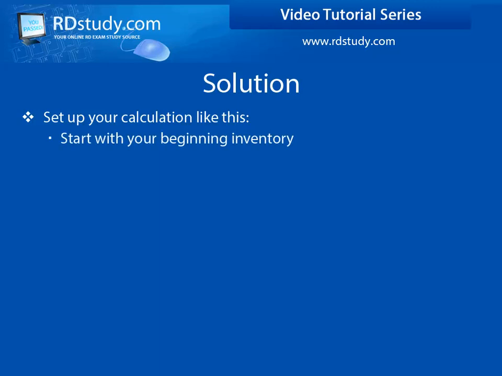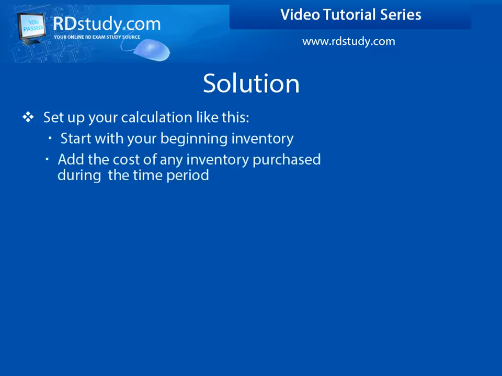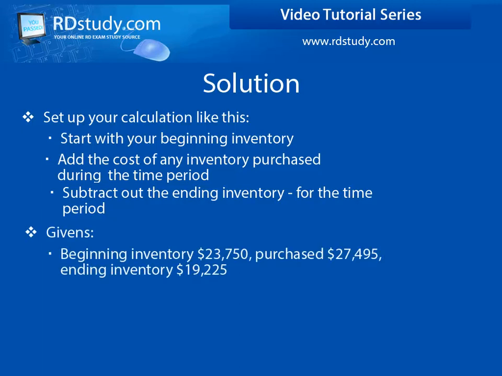Start with your beginning inventory, add to it any inventory that you purchased during the month, and then subtract out the ending inventory. The result is your cost of goods sold. So for this problem, you open the month with $23,750, which is your beginning inventory. Add to it $27,495, which is what you have purchased during the month, and you get